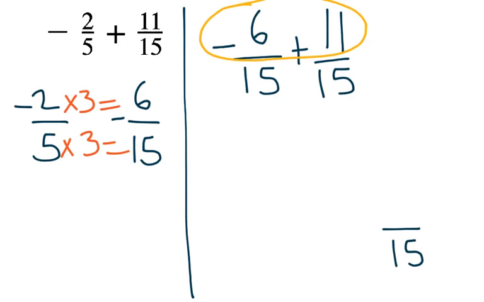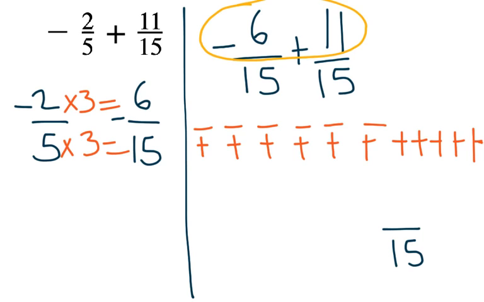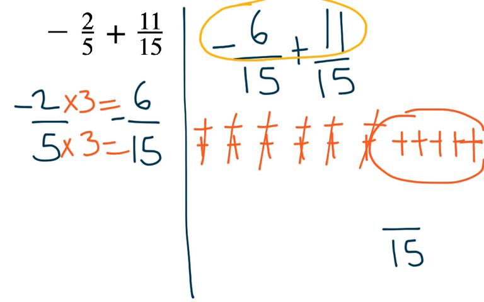So what that's like is, okay, if I've got 6 negatives, 1, 2, 3, 4, 5, 6, and I've got 11 positives, 1, 2, 3, 4, 5, 6, 7, 8, 9, 10, 11. Should have left more room. And I'm canceling them out. I'm saying, okay, how many zeros did that make? That goes away, that goes away, that's a 0, positive, negative is 0. And what's left over is 1, 2, 3, 4, 5 positives. So our answer is positive